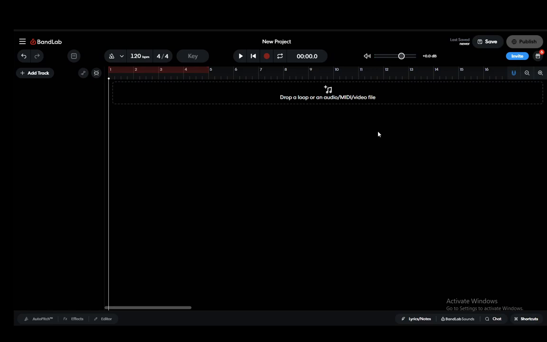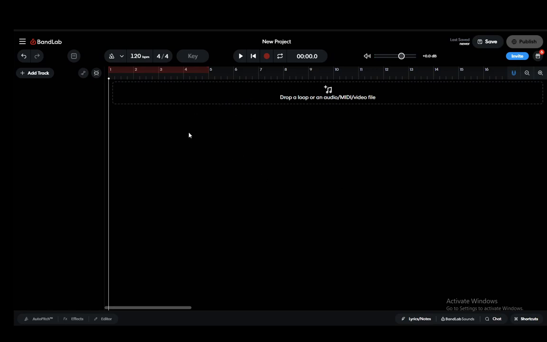Now, as I mentioned, it is an audio recording software, so you cannot record or edit videos in the software, but you can insert videos as a file. As you can see here, you can insert a video file very easily. However, that will only give you the option to modify the audio of that video file. But that is pretty much what this app does. Pretty much the only way to edit a video is to, of course, drag it in here or click here